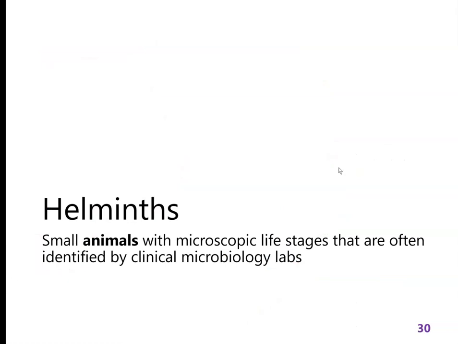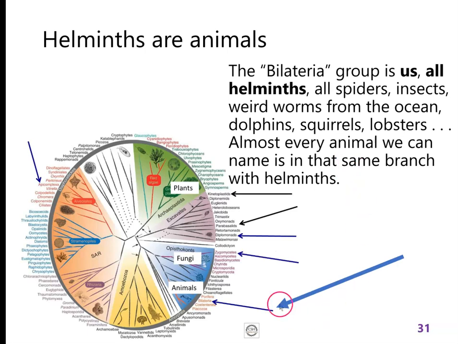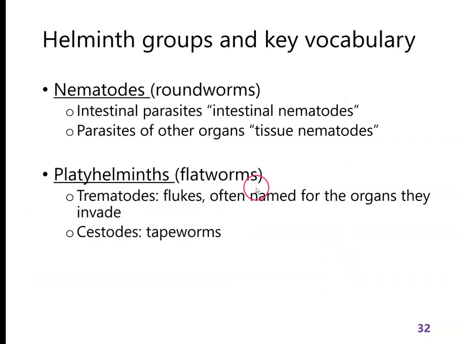Okay. And then the last thing from this video is helminths. They are small animals. They have macroscopic and microscopic life stages. So here they are with us. And there are really 2 groups that we think about, the flatworms and the roundworms. Helminths